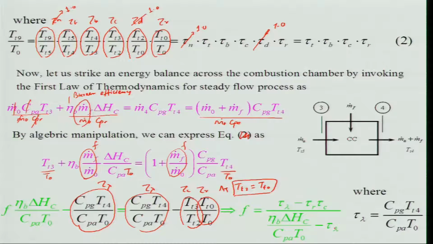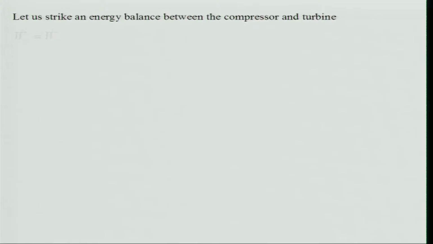If you look at this expression and at your earlier one, it was not that complex, it was simple. Now a lot of terms have come up, but when eta b is 1, you will find that it is the same as the ideal cycle. That means if you know the formula for the real cycle, you can very easily get the ideal cycle. That is the crux of this analysis. We will see as we go along.